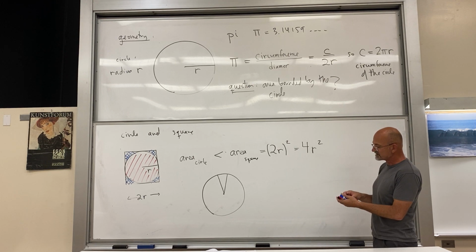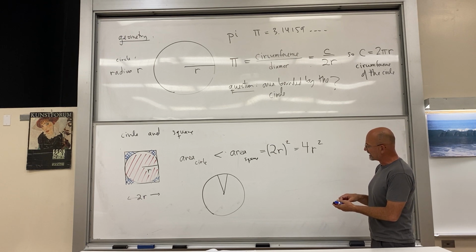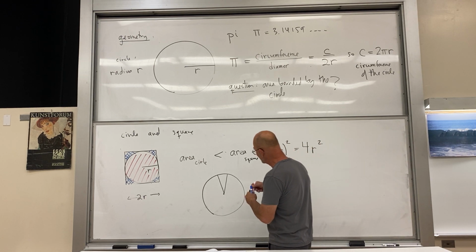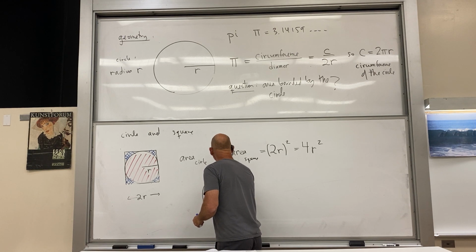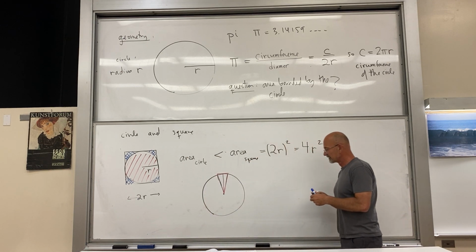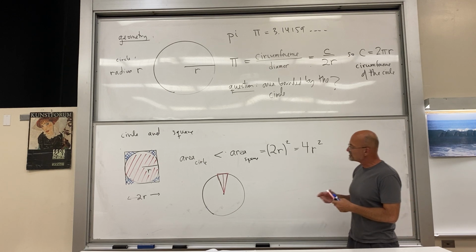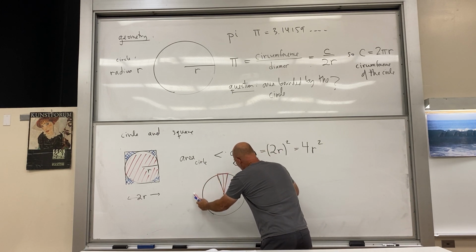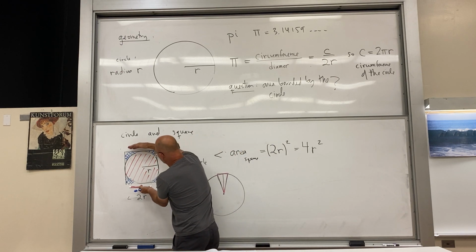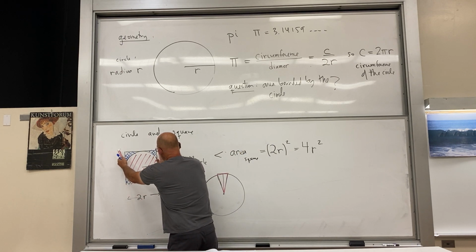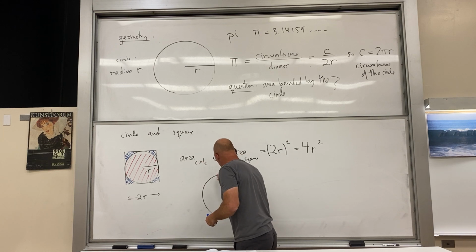Yeah, so there's a triangle. It's like a slice of pie, right? And I'm going to draw it in red in the following sense. We're going to extend it out a little bit. Okay, so now I've got this triangle here. Okay. And imagine I were to fill in a bunch of triangles, kind of like I would encase the circle, instead of in a square, in a whole sequence of these triangles. Okay. All outside